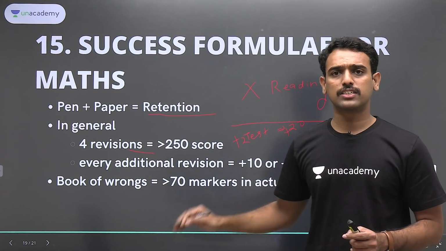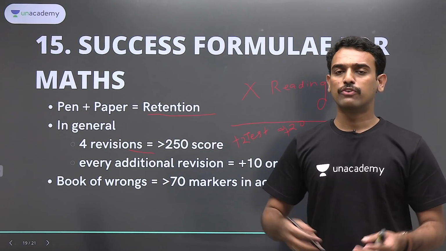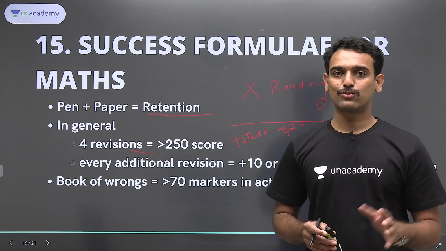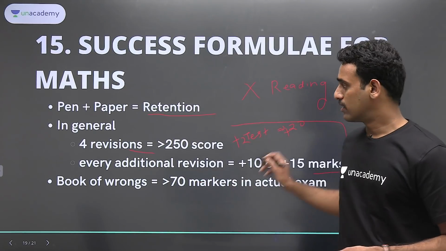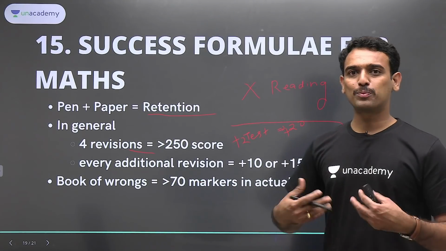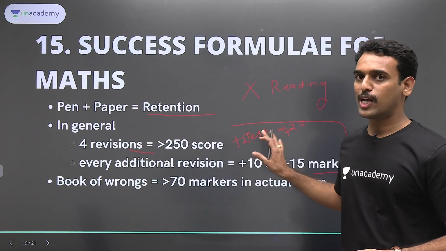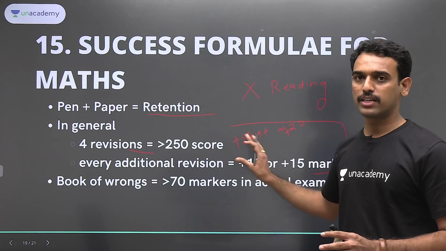Now every additional revision, the 5th revision will get you around 10 extra marks, the 6th additional revision will get you around 10 marks, and I cannot guarantee this for any other optional, but I can definitely guarantee you this for mathematics. So this is something, a very objective analysis of my previous 3 years effort. So it can help you fetch at least 275 to 280 marks in maths if you have something planned around